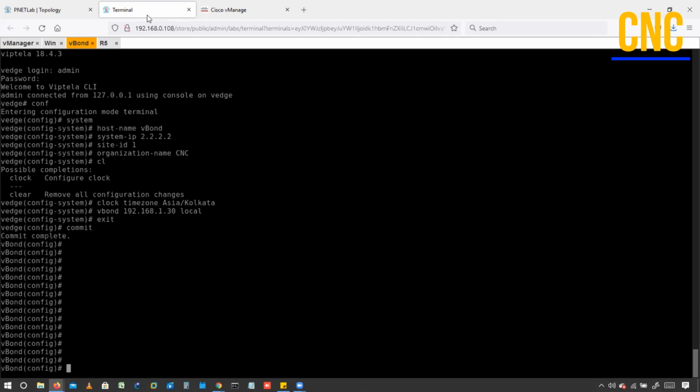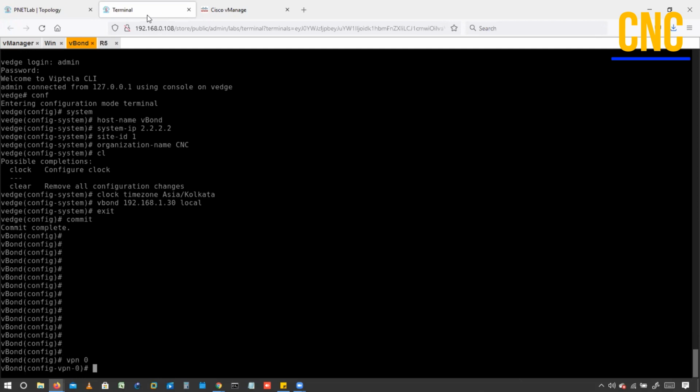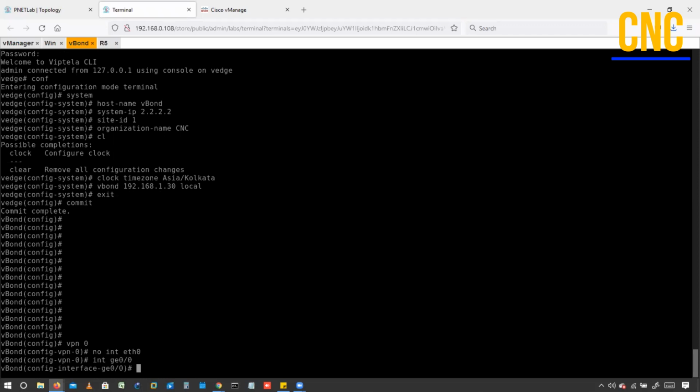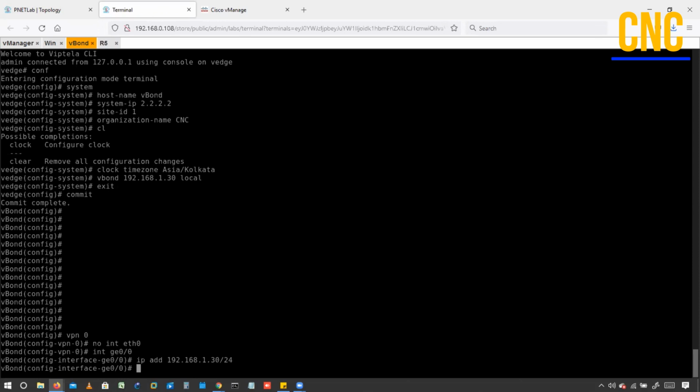Now I'll configure the interfaces, right? For VPN 0, no interface eth0, because by default eth0 is a part of VPN 0, so just remove it. Interface ge0/0. Now IP address 192.168.1.30, and mask /24.